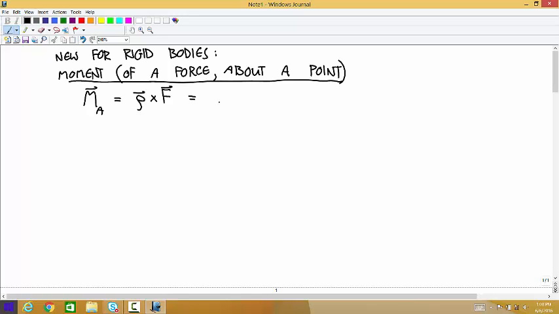which you can think of as rho is defined as the point where the force is applied minus the about point, and then that quantity crossed with the force vector. And a way to systematically calculate it is to set up a force as a row in this